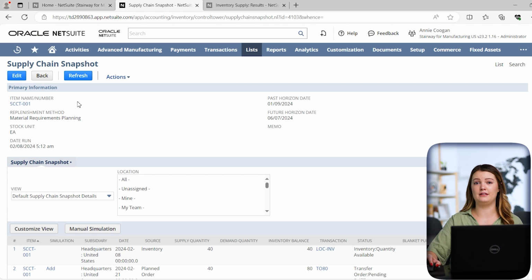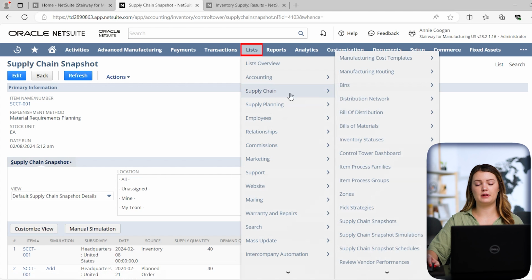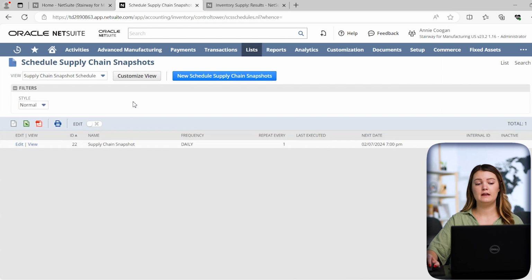You may imagine that you will have a lot of different supply chain snapshot records in the system, depending on the amount of items that you have throughout your NetSuite environment. An easy way to make sure that they're all refreshing at either a daily, a weekly, or an hourly cadence is to set up a supply chain snapshot schedule in NetSuite. So I'm going to navigate up to Lists, to Supply Chain, and all the way down to Supply Chain Snapshot Schedules. Now, it's very common to only have one schedule to refresh all of your items at a single point